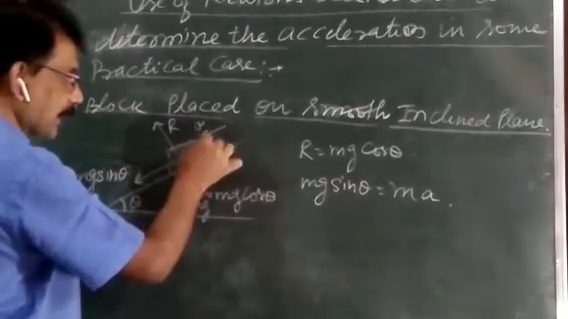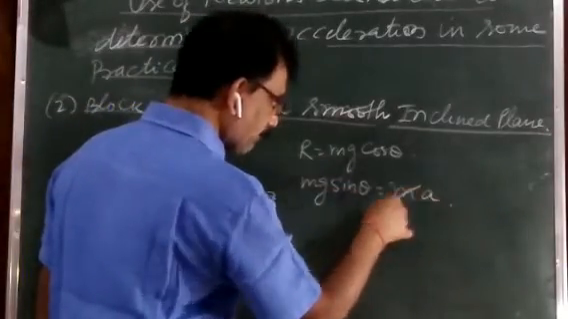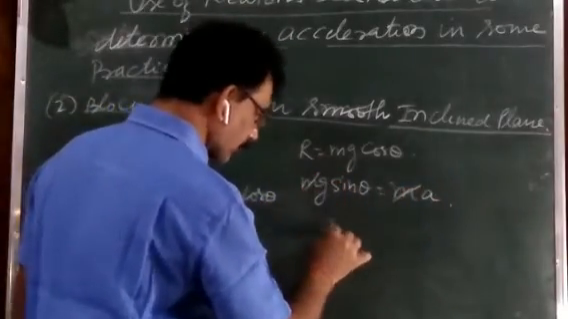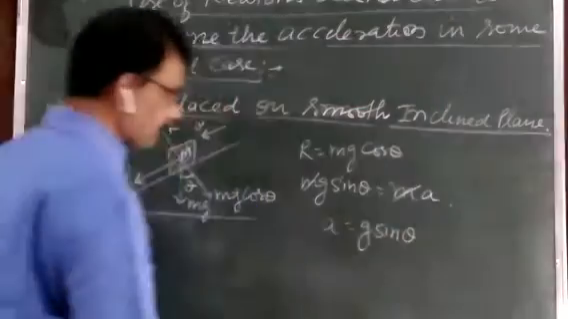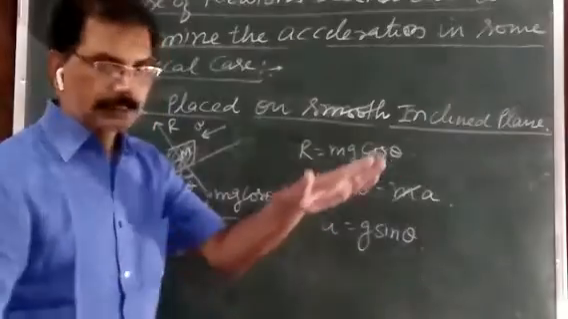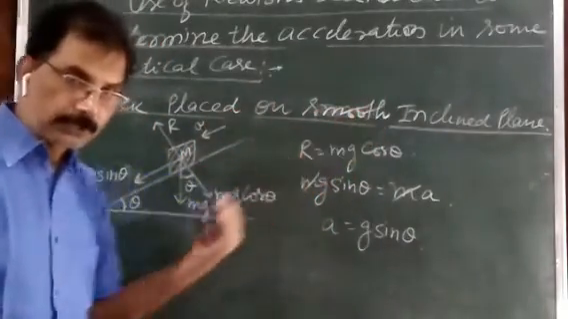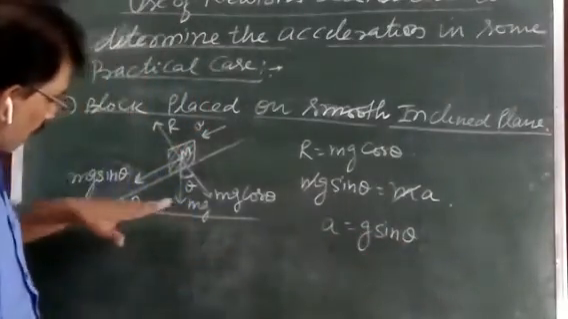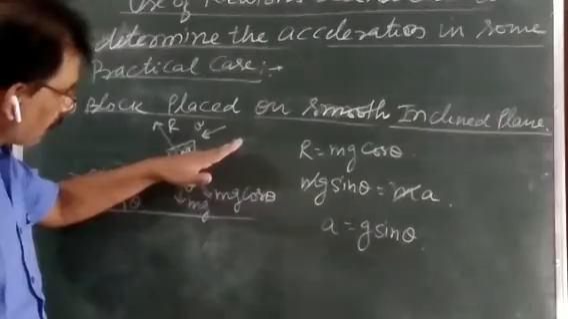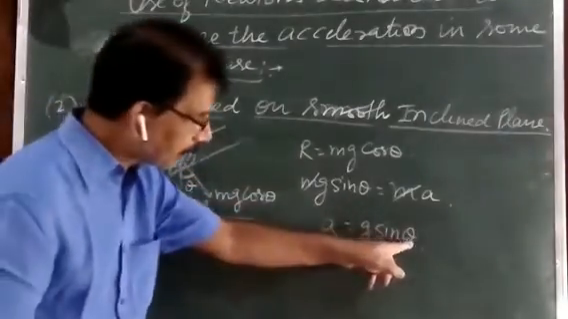ये एक्सीलरेशन a प्रोवाइड करता है। तो mg sin θ इज इक्वल टू ma, और m is cancelled by m, so you can say a is equal to g sin θ। इसका मतलब कोई भी ब्लॉक अगर किसी इंक्लाइन प्लेन पे रखा जाए तो वो g sin θ एक्सीलरेशन से स्लाइड होती है।